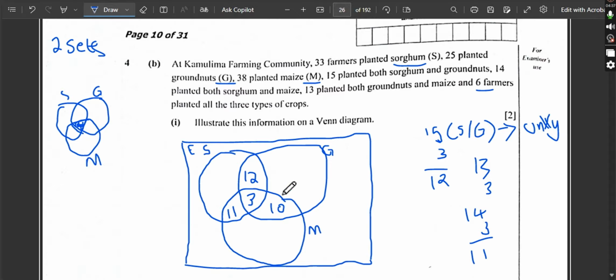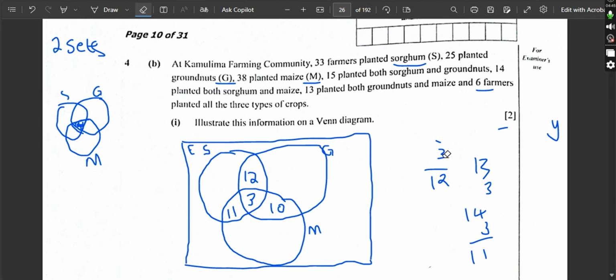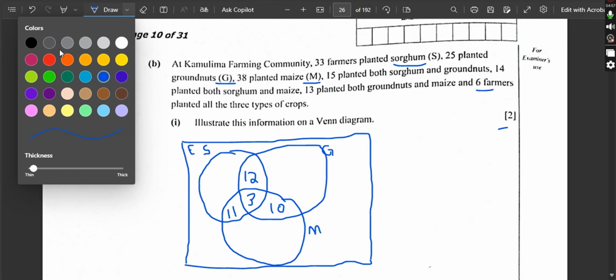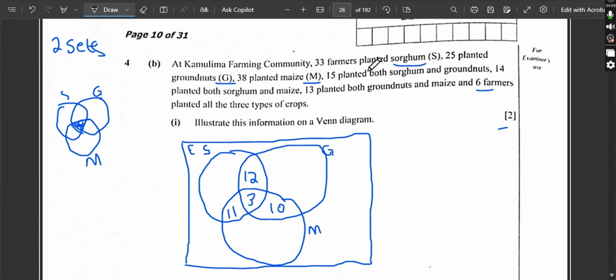After this, you now get the sets one by one. This is what you want to do: use a different color, say black, and pick a set. Let's say we pick